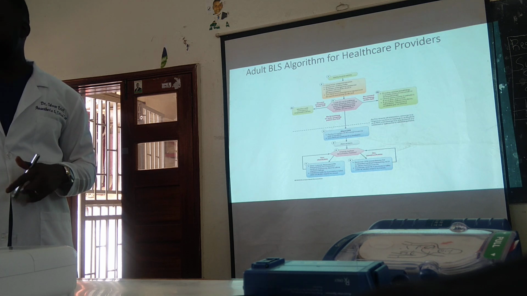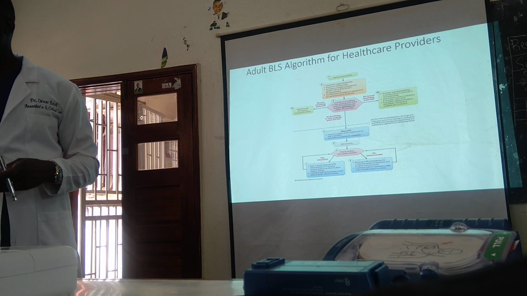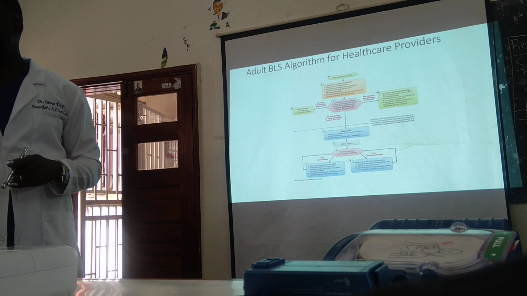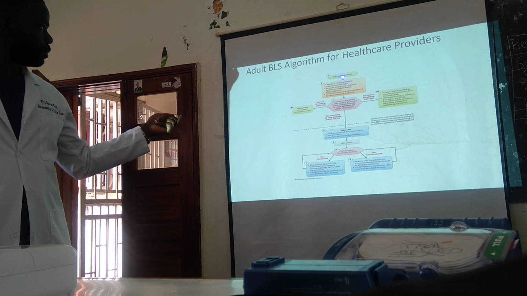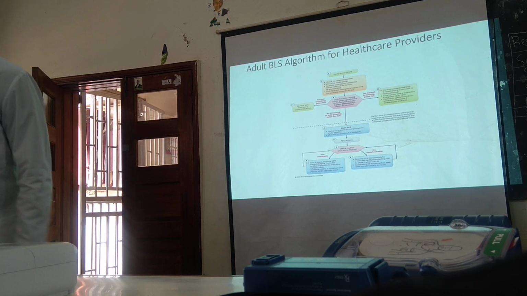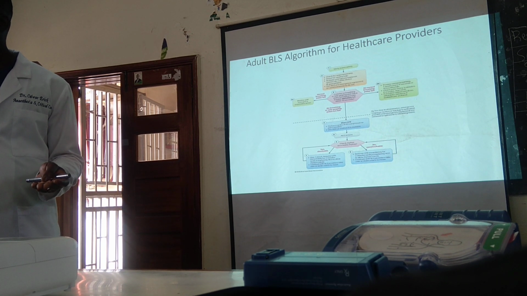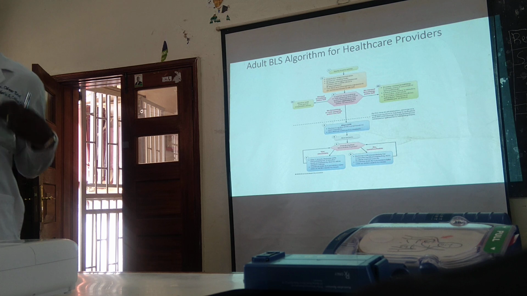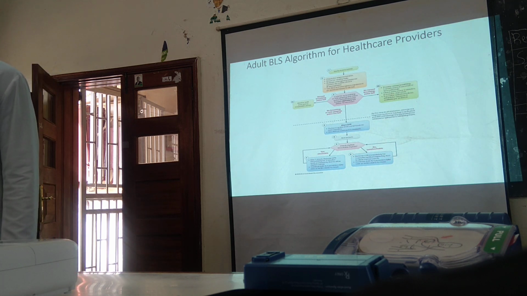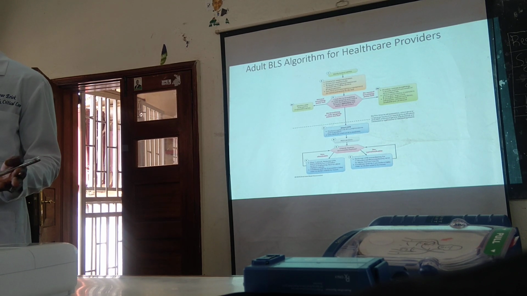So, first I check the patient's initials, and then I tap on the shoulders and ask. You have not done this. You have not verified the scene, if it is safe for you to approach. Now I will tell you the scene is not safe for you to approach. The patient has vomited everywhere. You don't have any gloves, for example, but you're already touching the patient.